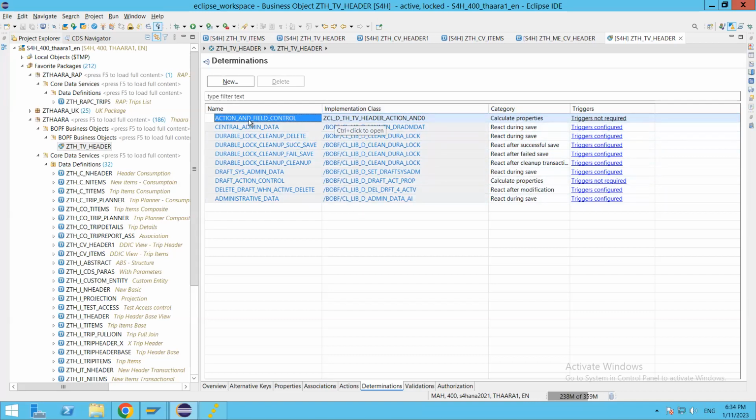And the custom class, whatever we see here, action and field control, is required if we want to make some field dynamically mandatory or editable or visible or something like that. So in that case, we will go and write in this determination, where it straight away says calculate properties. And if we want any additional data determinations on enter, or when the user clicks on the save button, then we will go ahead and implement our own